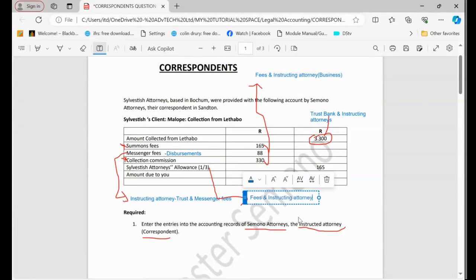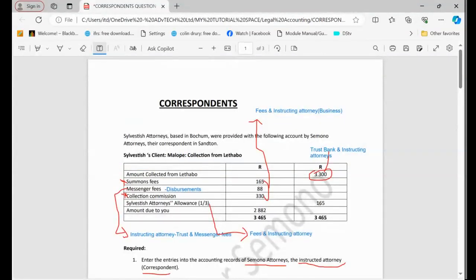Okay, so we need to make sure that we know how to account. It's very important, guys, for us to be able to analyze these books. So make sure that you know the basics so that you can be able to record. Make sure that you get all those basics right, because otherwise it will affect you badly. I hope everything makes sense so far. Just look at it and then it will definitely make sense. It's just a matter of time. So we are going to record just to show that we understand better.